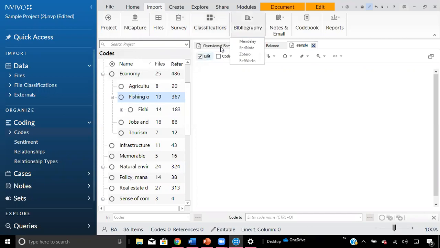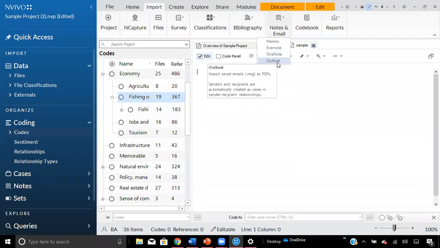Under Bibliographies, you can import from Mendeley, EndNote, Zotero, RefWorks, and lastly, under Notes and Emails, you can import memos, Evernote, OneNote, and Outlook. You can also use codebooks, reports. InCapture is to import social media data, which we cover in a different workshop if you're interested in that.